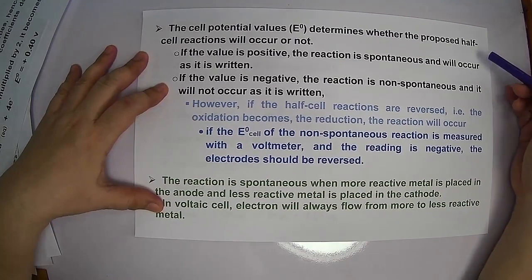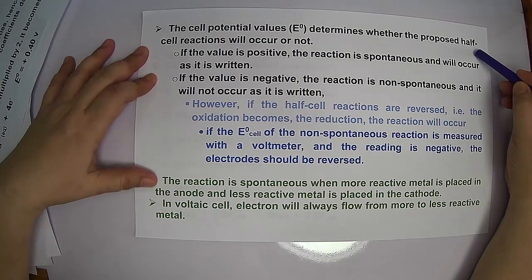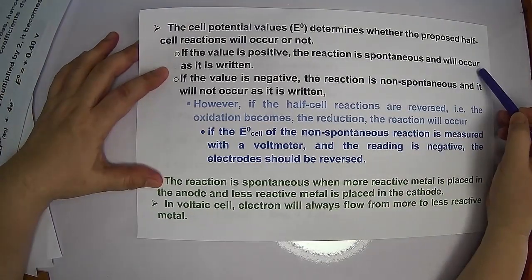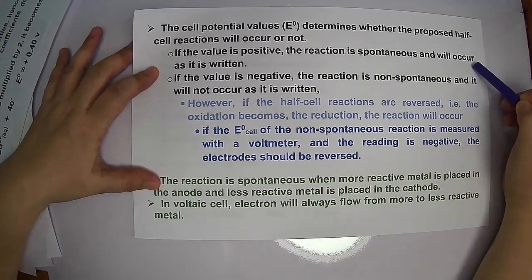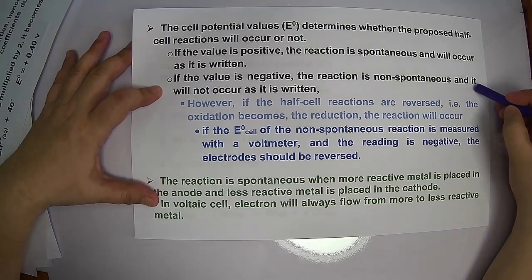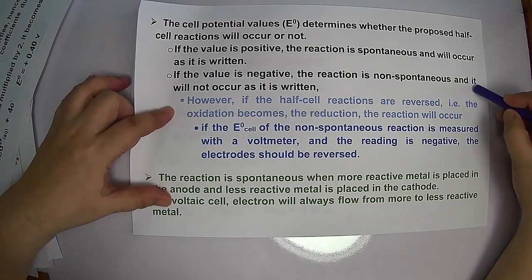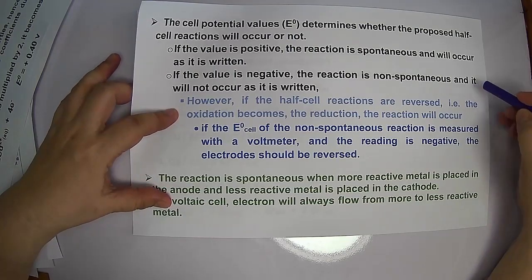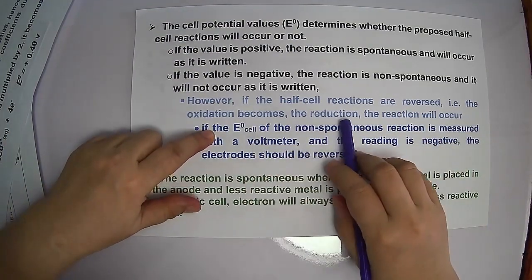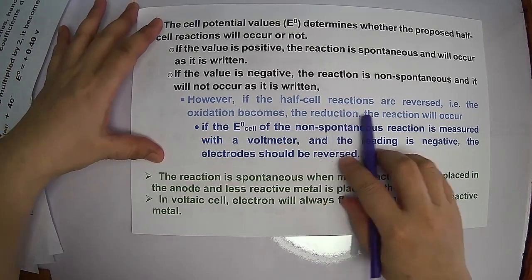Okay, likewise, the cell potential value determines whether the proposed redox reaction will occur or not. As we discussed a while ago, if the value is positive, the reaction is spontaneous and will occur as it is written in the table. If the value is negative, the reaction is non-spontaneous and it will not occur as it is written. However, if the half reactions are reversed, the oxidation becomes reduction, or vice versa, the reaction